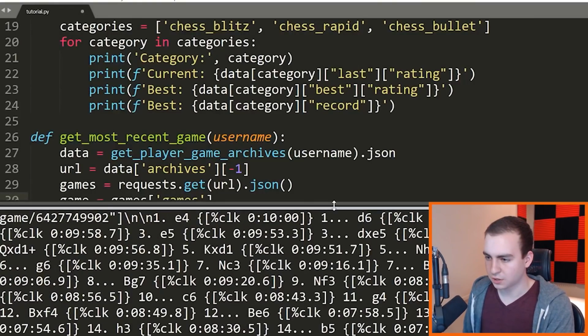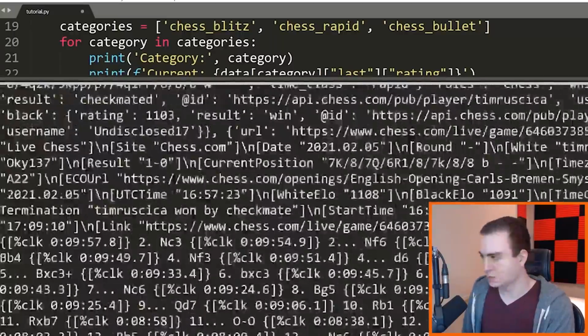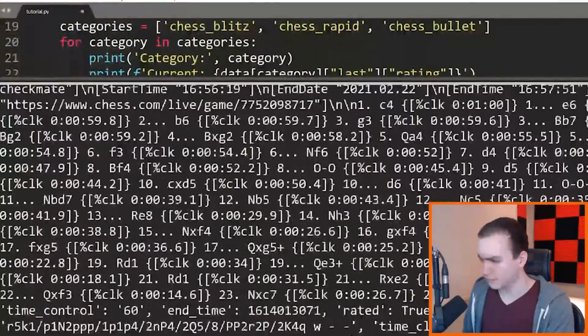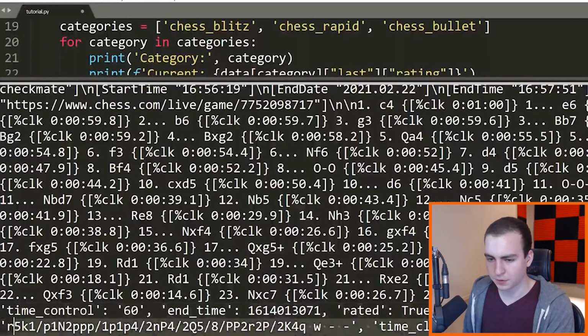And I'm not sure if it's going to be the most recent or the least recent game. Let's go to the bottom here. So this last one, I think this was the last game that I played. Yeah, it looks like it was. So I am pretty certain that we can get the last index, or the last element in this array, and that will be the most recent game.